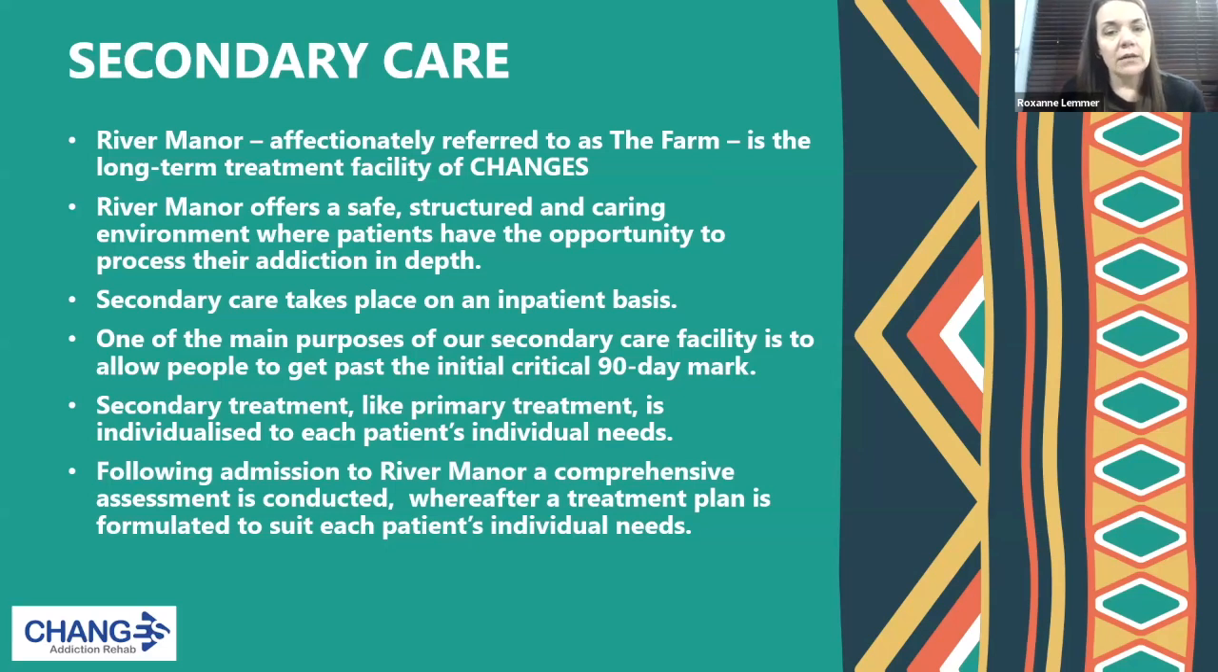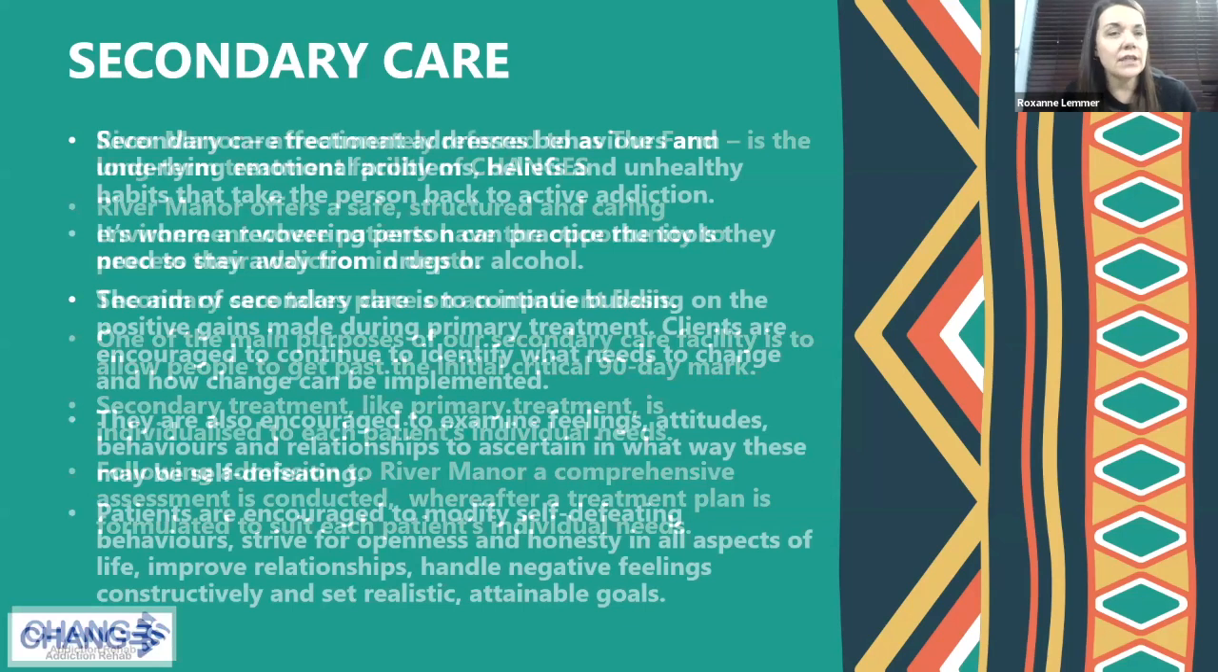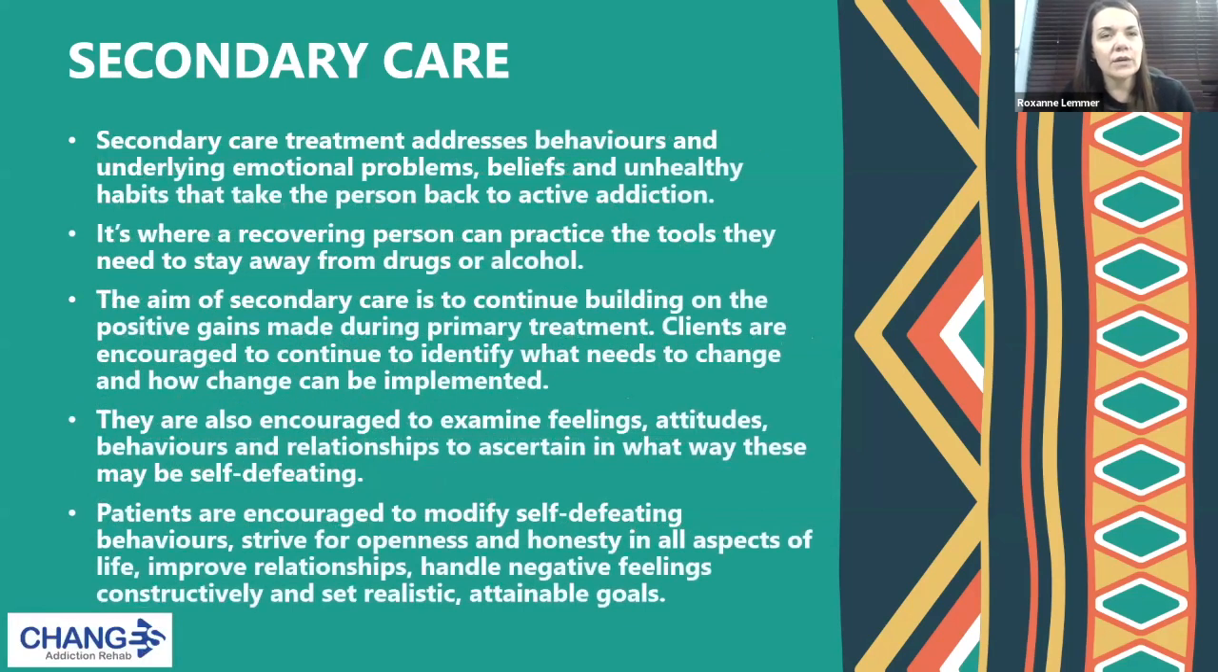Following admission to River Manor, a comprehensive assessment is conducted, whereafter a treatment plan is formulated to suit each patient's individual needs. So that helps us to identify different areas that need to be addressed, different things that need to be worked on, and starts to give us an indication of perhaps how long one would require to be in treatment. Secondary care treatment addresses behaviors and underlying emotional problems, the beliefs and unhealthy habits that take the person back to active addiction. So there is a level of that that takes place in primary care 100%, but a lot of the focus again on